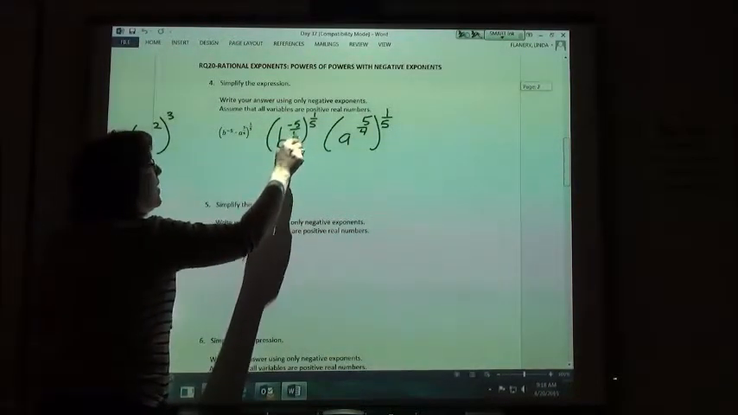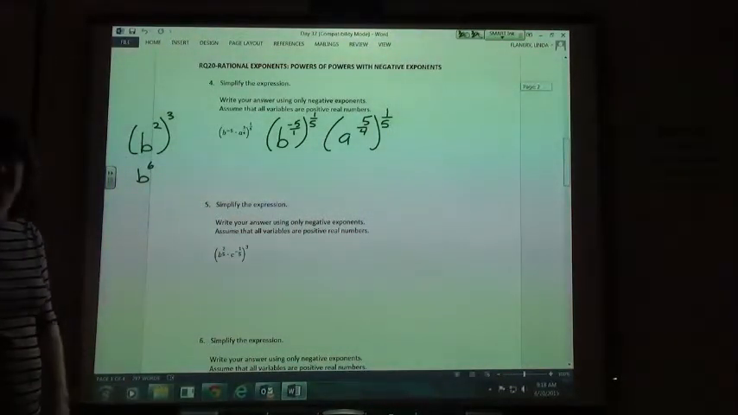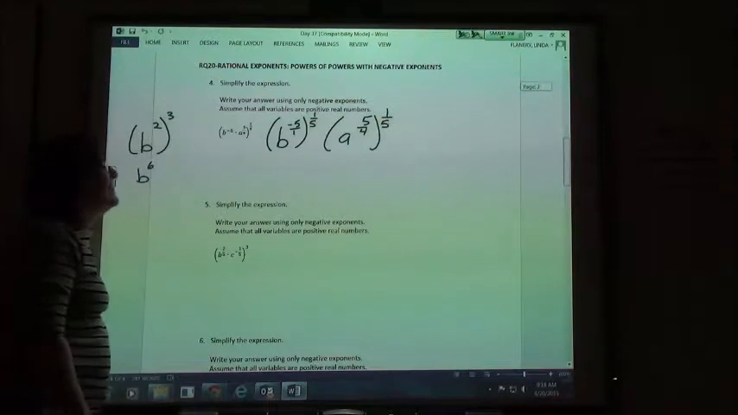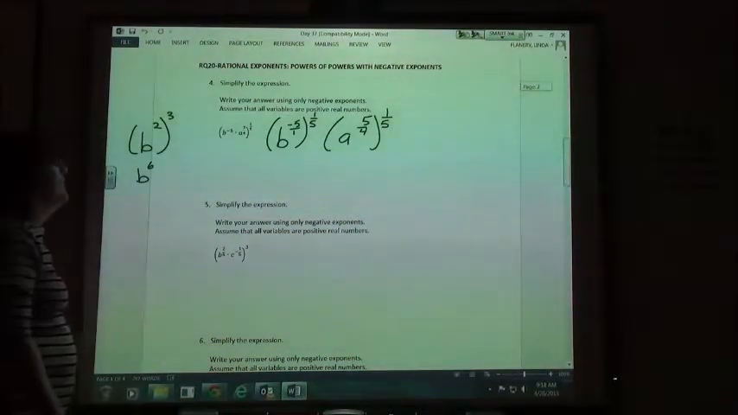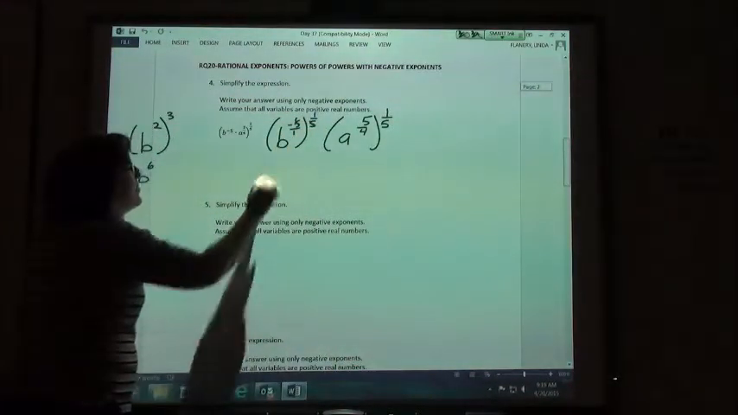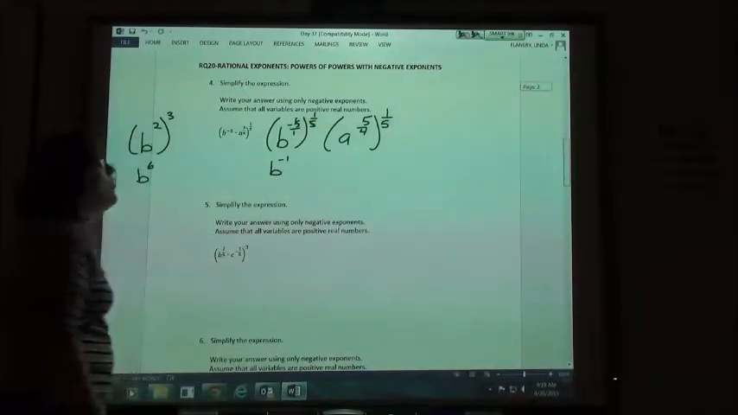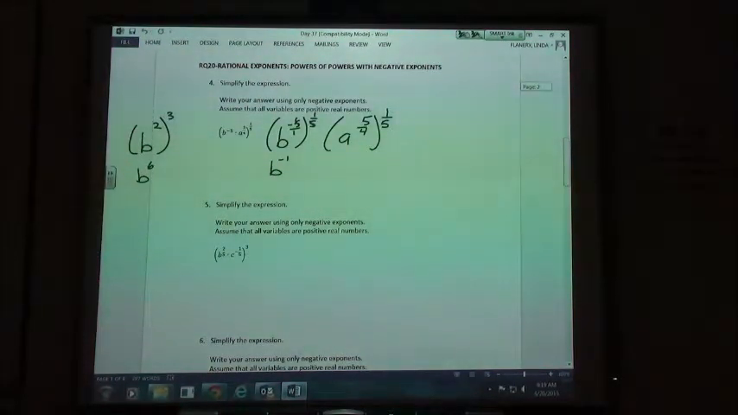This is negative 5 over 1 times 1 over 5. What happens? Is it going to be negative 1? It's going to be negative 1 because the 5s would cancel out, right? So I could write b to the negative 1. Or I could have multiplied and got negative 5 over 5 and reduced it down and still gotten negative 1,